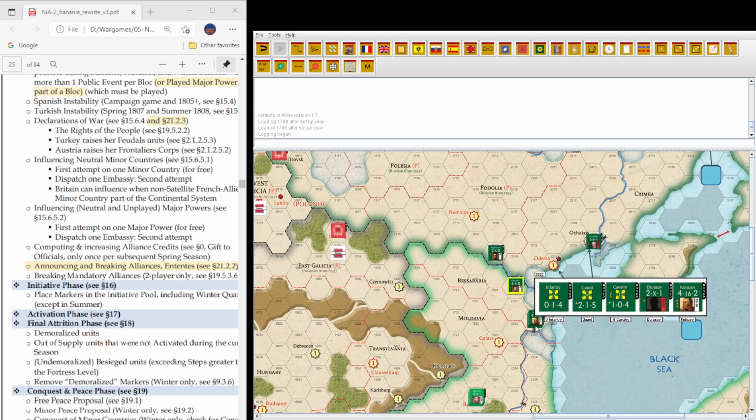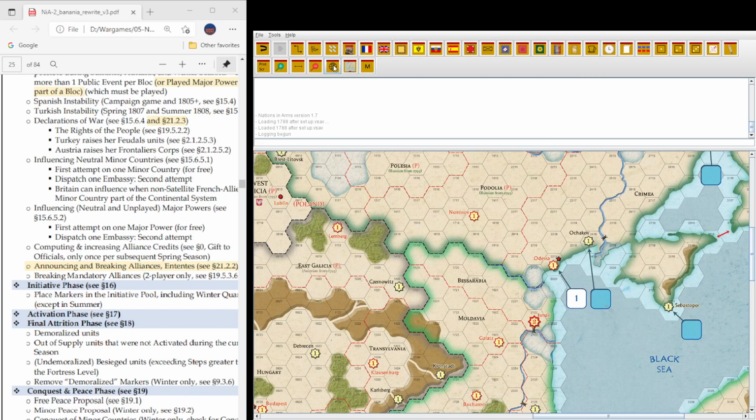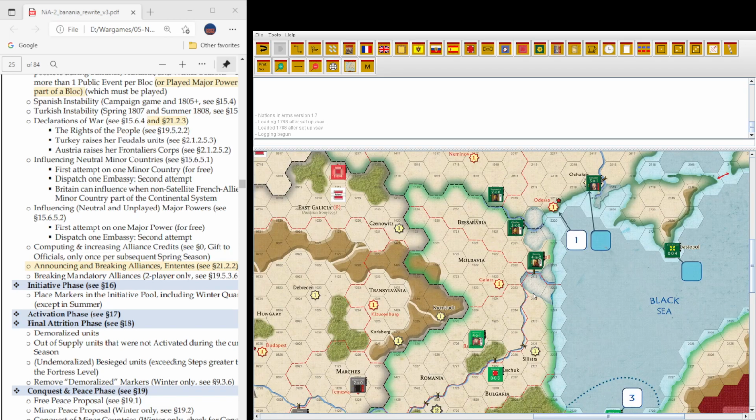At the end of the move there would be a siege attempt on Ishmael, which is a fairly good fortress, may or may not fall. Then in a later turn, let's say